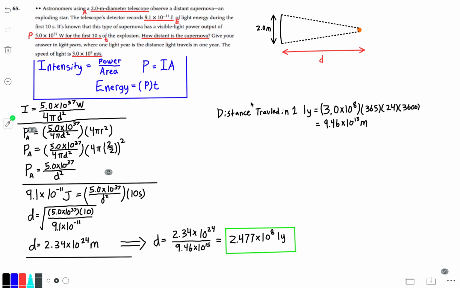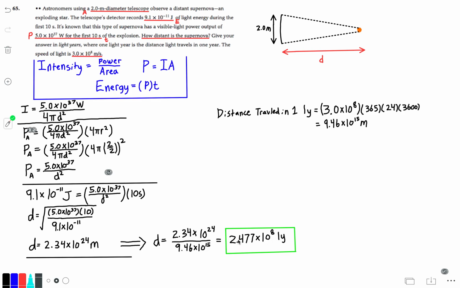so we need to convert it to light years. Using the speed of light, we can multiply the speed of light by the days in a year, by hours in a day, and seconds in an hour. This will give us this value right here, which is the distance that light travels in 1 light year in meters. From here we can divide our distance value by the distance of 1 light year,